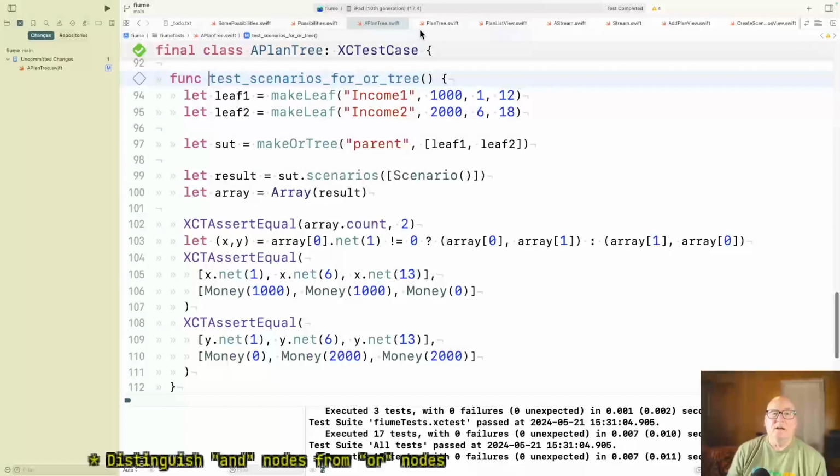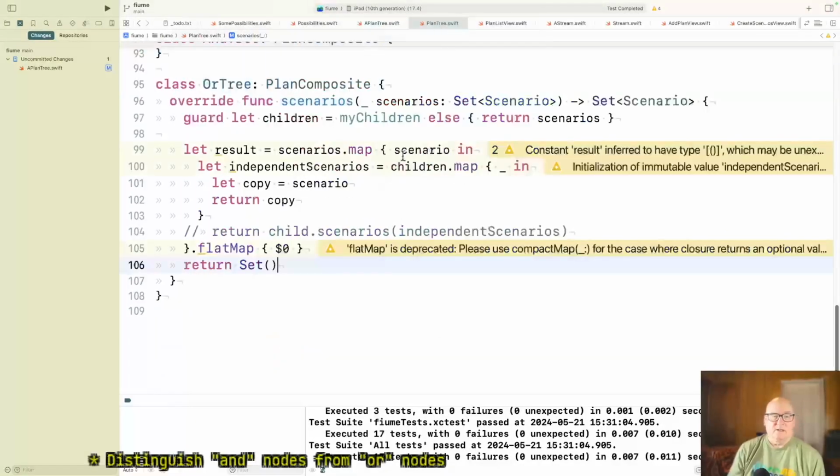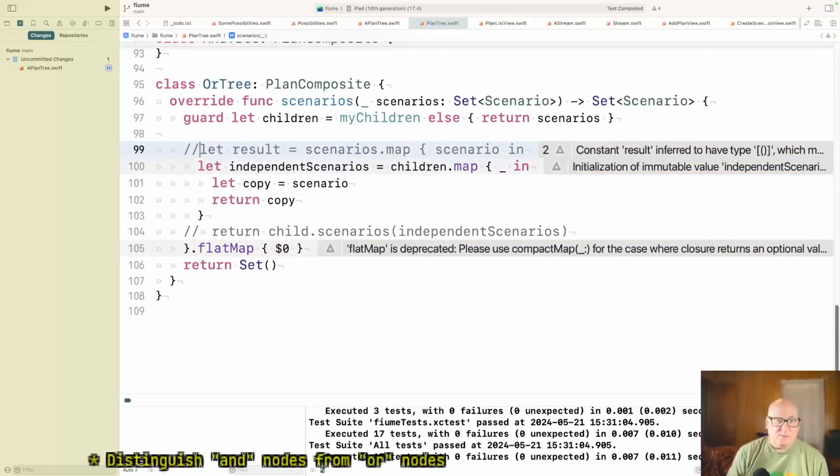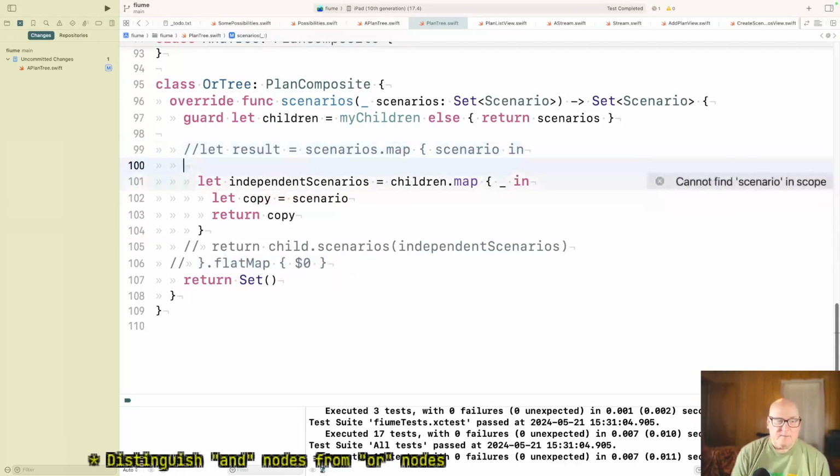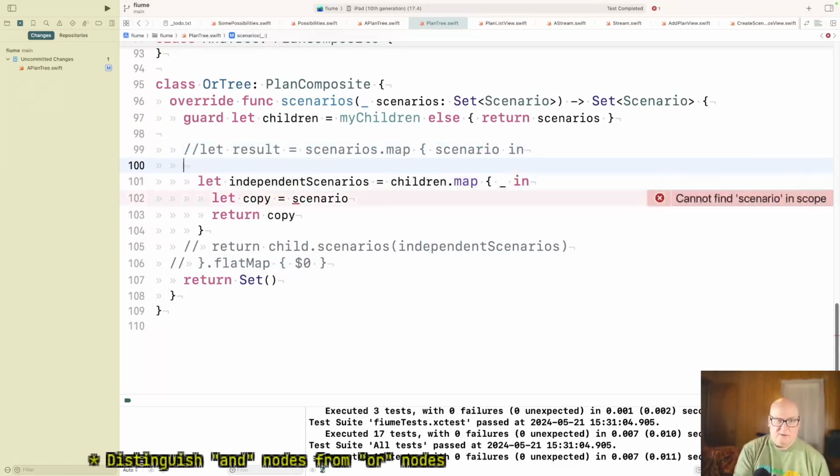Okay, now plan tree. Okay, so whatever scenarios you come in with, maybe that's the simplification I want first. Okay, I don't want to worry about scenarios and flat map. I'm going to say, I need some copies.